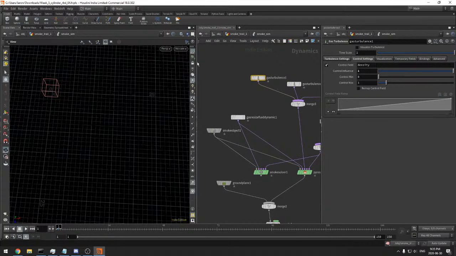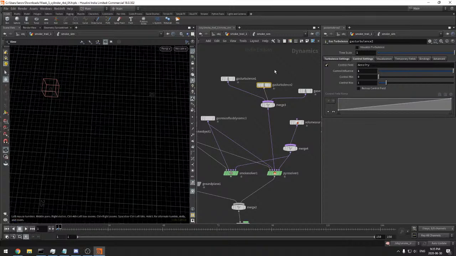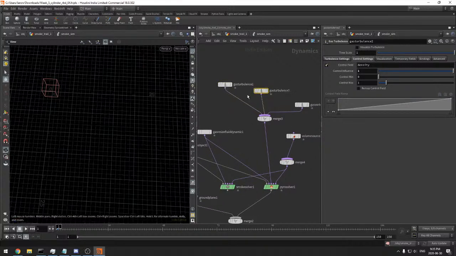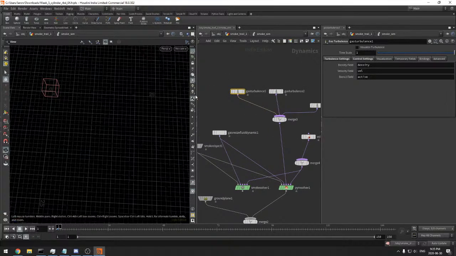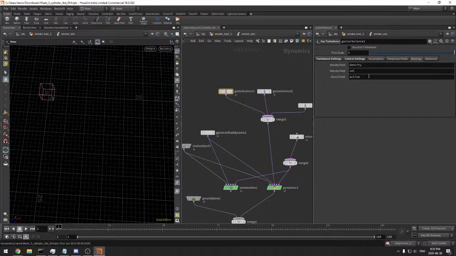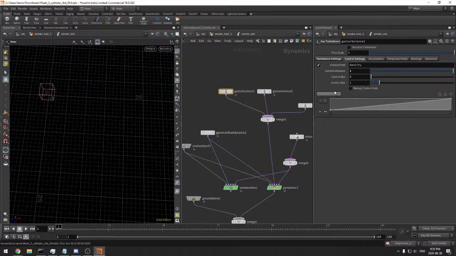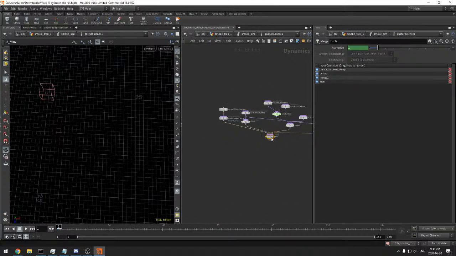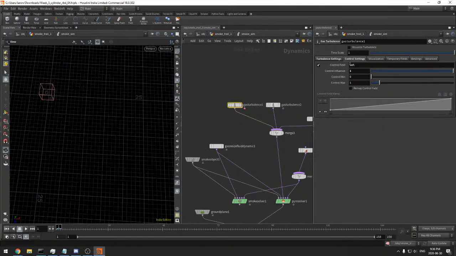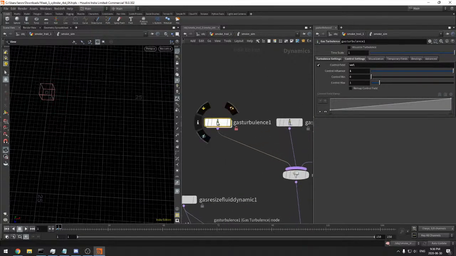Because the control field is the density, it's going to be mainly there on the density. You can change this, and it's normally advised too. So basically, wherever the density is the strongest, then it'll have a max influence. It'll put the density, the difference on there. I don't tend to use that. I tend to use velocity, but velocity is a vector field and not a float field, and we need a float field. So what I'm going to do